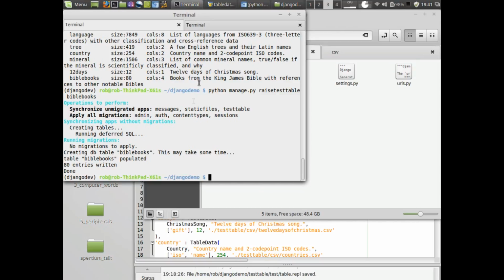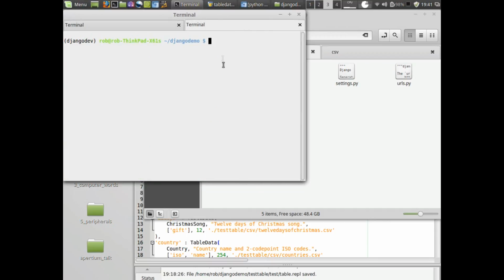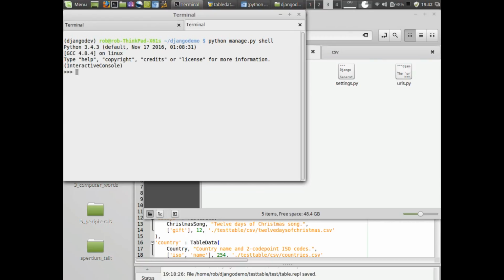It says the model, and it doesn't actually say anything about the model, but it says the DB table has been installed, Bible books. Let's just go and have a look to see if we have anything going on here. We'll go into the environment shell, shall we? And we'll type from test tables